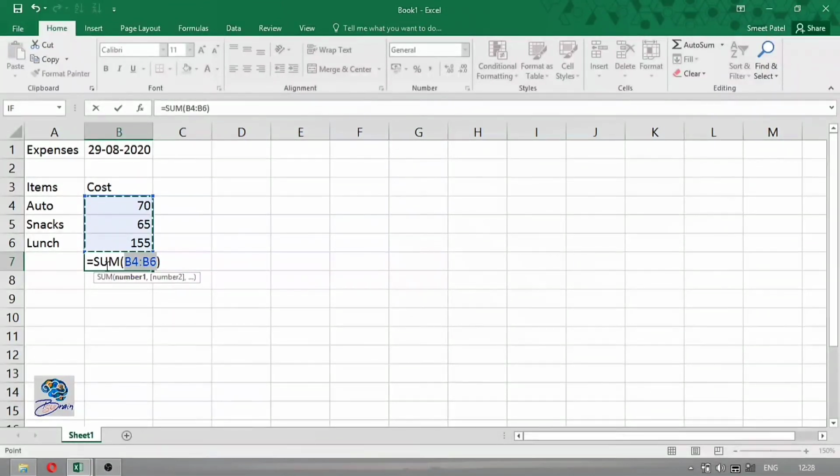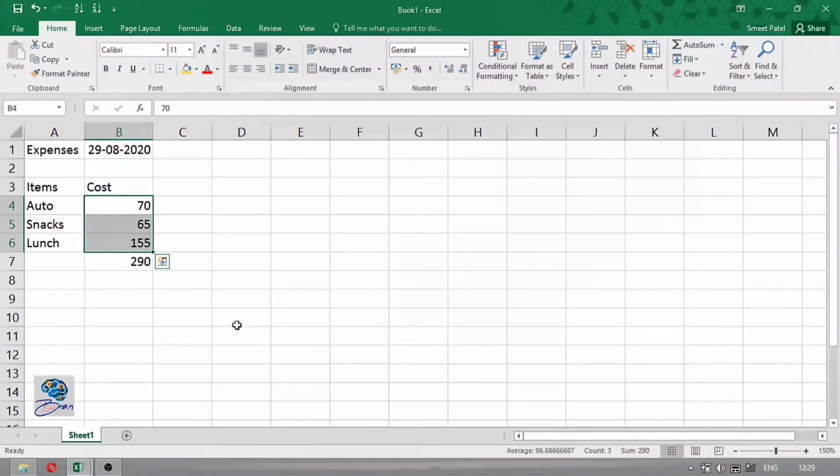As I have selected the cell below the numbers, it will automatically select all the number values, and as I press enter, it will sum up the whole total of these selected numbers. You can see that our automatic sum is 290, and here in the status bar also you can see that the sum is 290.